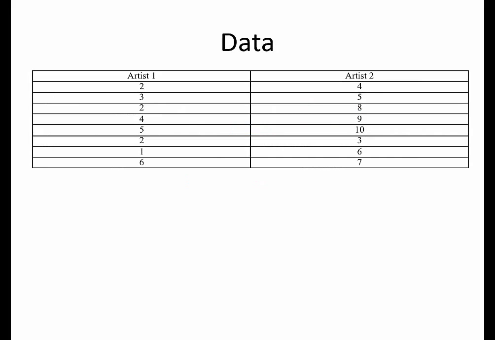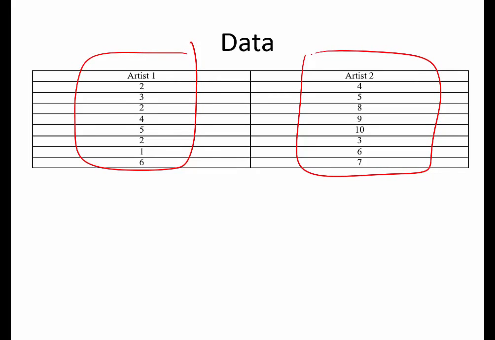Here's the data if you want to enter that into SPSS or your favorite program to calculate the means, and I'm going to show you the numbers I've already run. So I got 2 different artists. Now here's the tricky part. In most of these problems, they're going to give them to you, and it looks like dependent t because they're laid out next to each other. So it's very tempting to enter this in column 1